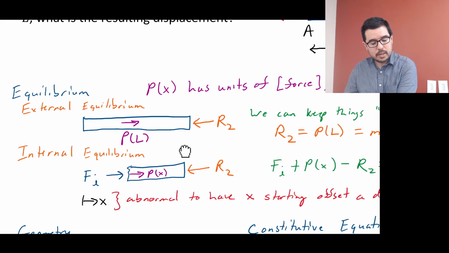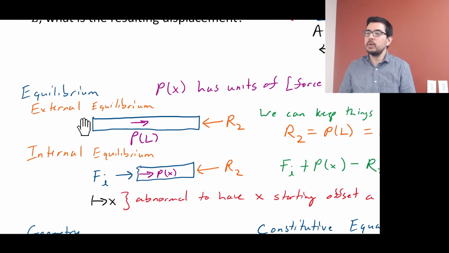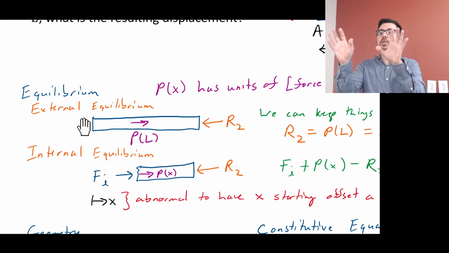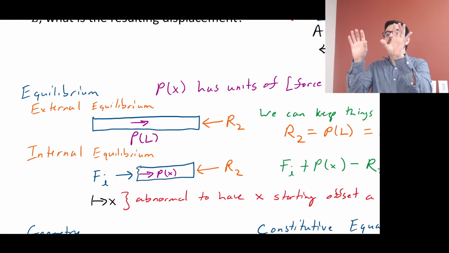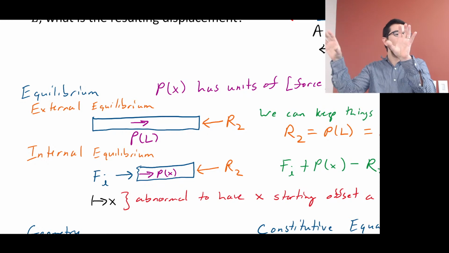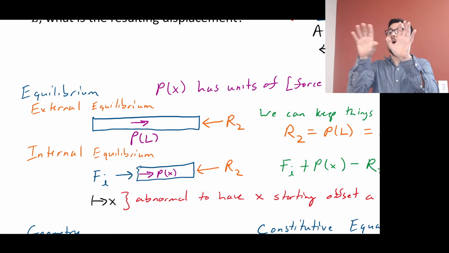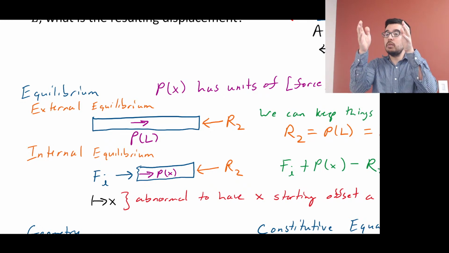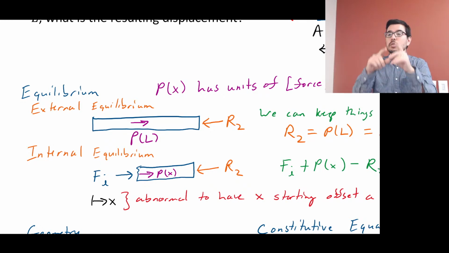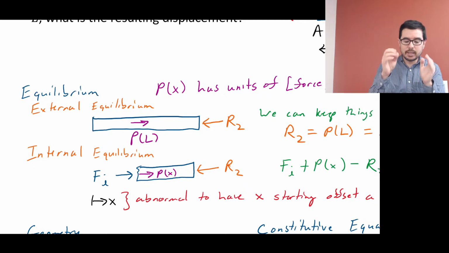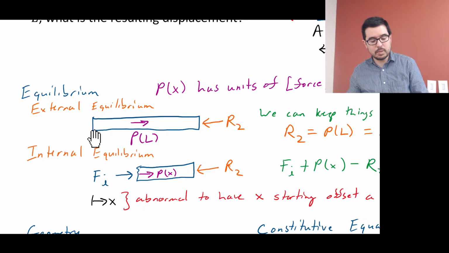So first, we should probably perform external equilibrium, okay? And even though we have the equilibrium, geometry, constitutive equation columns, if we go back and look at what we've discussed before, when you do equilibrium, you're supposed to do equilibrium externally before you go internal, right? And sometimes we take a shortcut, but let's not take the shortcut this time. Let's look at what's happening. So external equilibrium means that